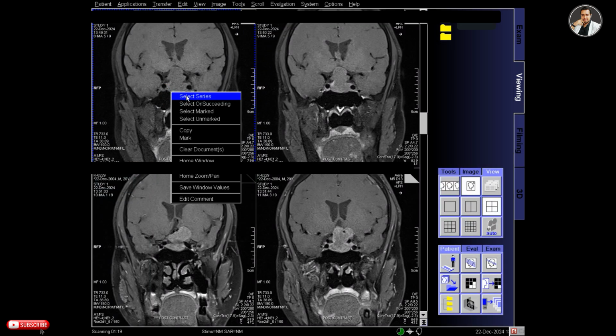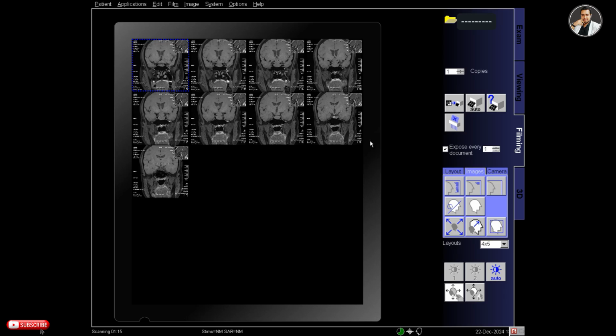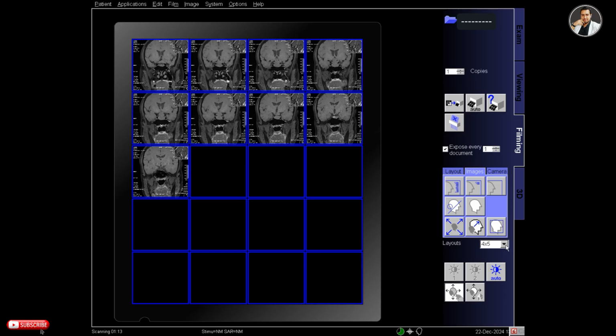So this is the first series, select series and send to the filming, and you can see that there are 9 images in one series.